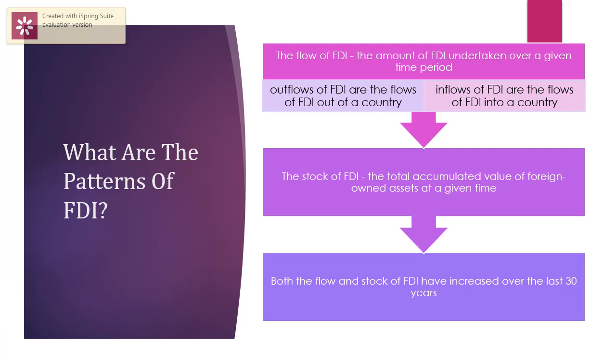This means that they are earning from the US market, but now they are transferring that earning and investing it into some other country. So that is called outflow of FDI. Inflow of FDI is basically when another country's company is investing in your country. For example, a Pakistani-based company is investing and establishing their units in the US. So this is called inflow to a US market.